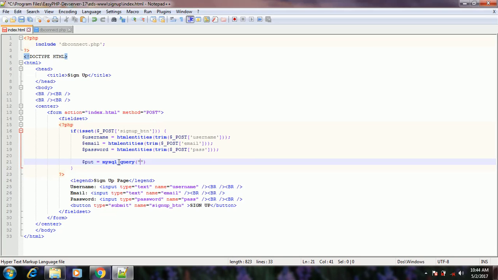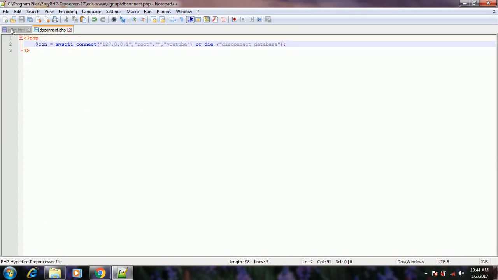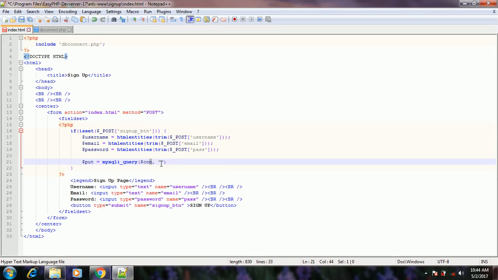But now that we are using mysqli, because the other one is outdated or deprecated, this one takes two parameters, and the first one is your connection, which is the $con. And you'll be wondering, we don't have this variable in this page. No, we connected it to the DB connect, and in here we have that variable. So we call the variable and we will enter our query. So the query is